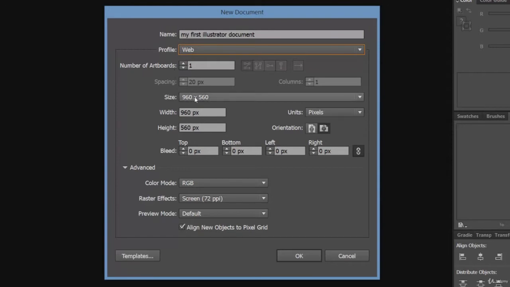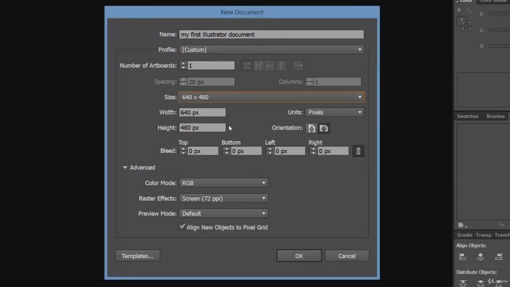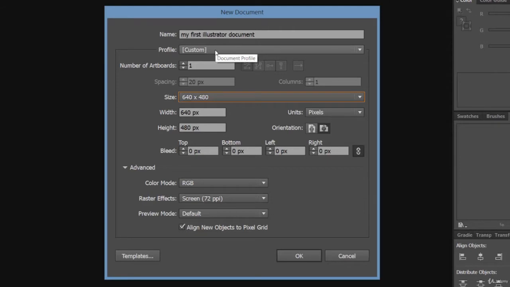Size. So what will be the size of this document? This option controls the size of your document. I mean the width and the height of your document. And see, here it is written 960 by 560. The width is 960 and the height is 560. And you can even change it. See, 640 by 480. And one thing, did you notice that when you are changing the size, this profile option is also changing. Again, let's change this profile. Well, just note that currently its size is 640 by 480, right?